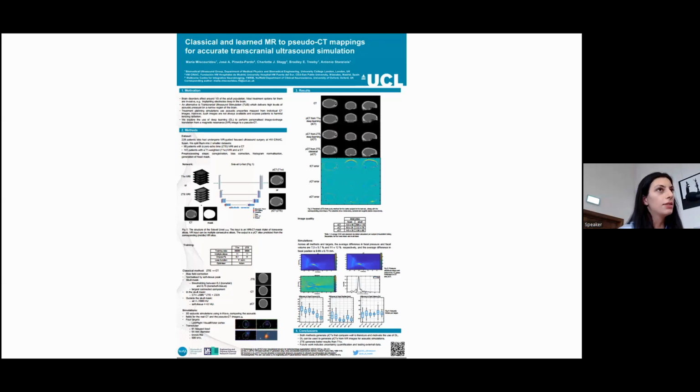We also evaluated the results two different ways. The first one is a typical voxel-based method. So just comparing voxel per voxel, the pseudo-CT to the CT. And the second way is with acoustic simulations, because since our application is TUS, we care about getting the acoustic